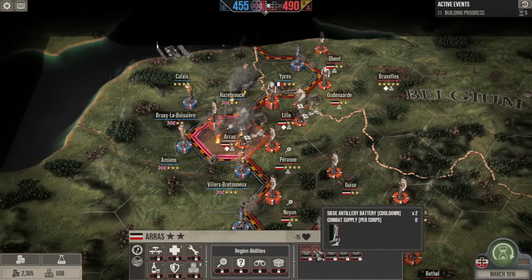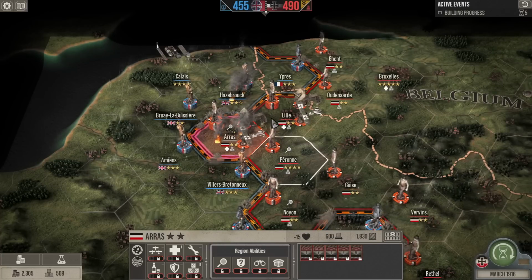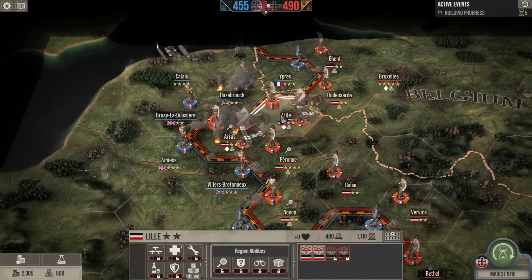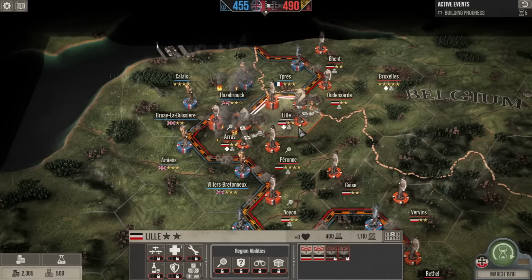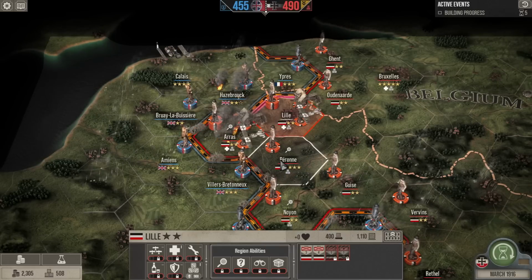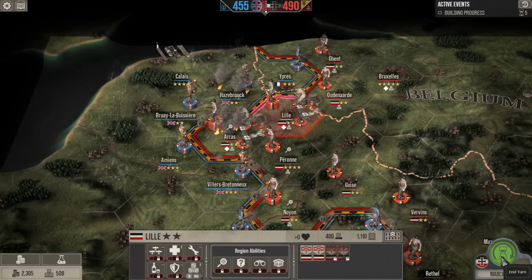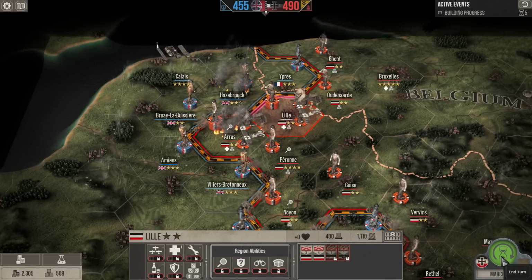We have 2 field artillery batteries at Arras, which were in the last assault and were very useful, and we will have one brand new field artillery battery at Lille next turn. Yeah, assuming we attack out of there. We're going to go ahead and end the turn though, so we'll have to see if the Allies launch any